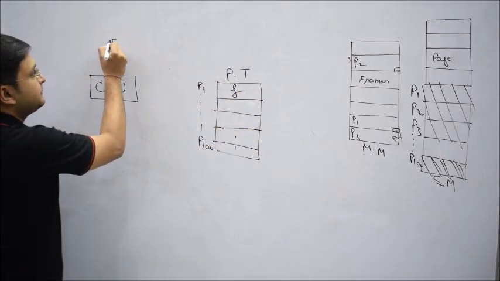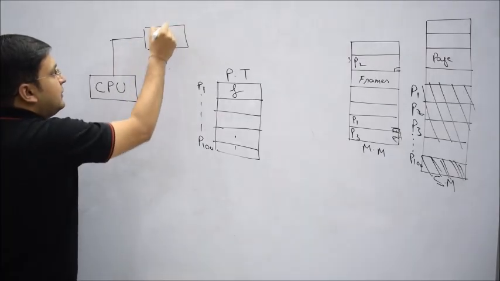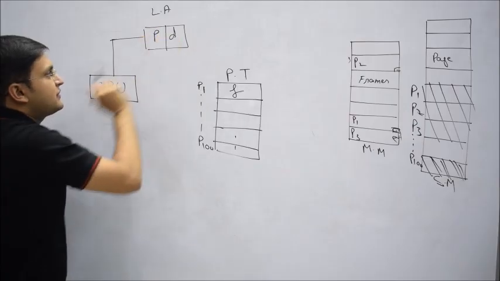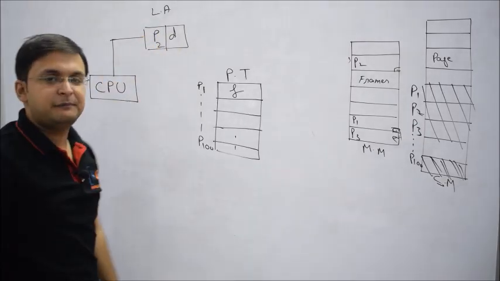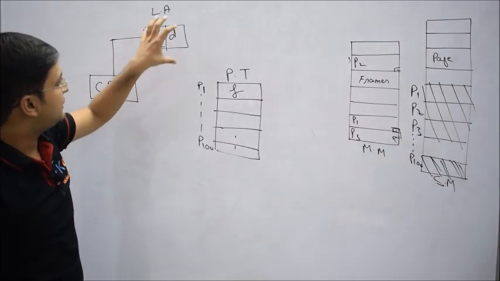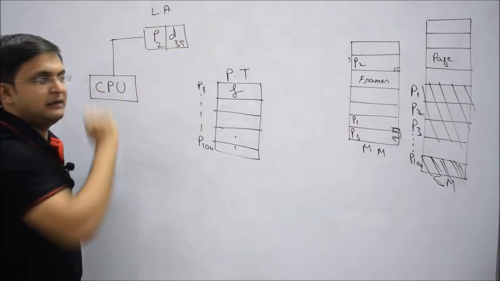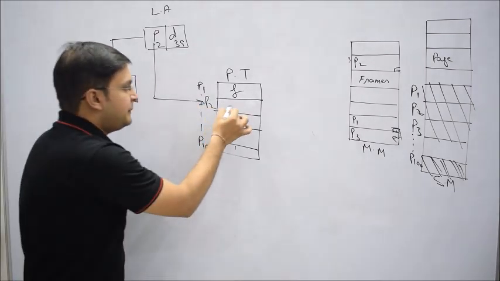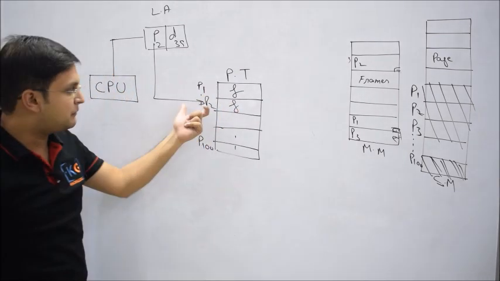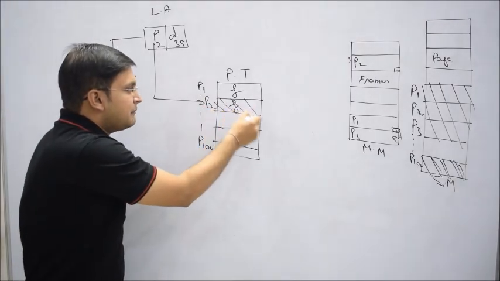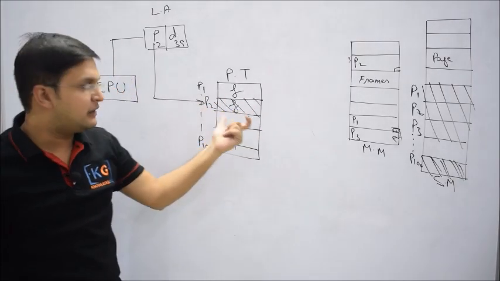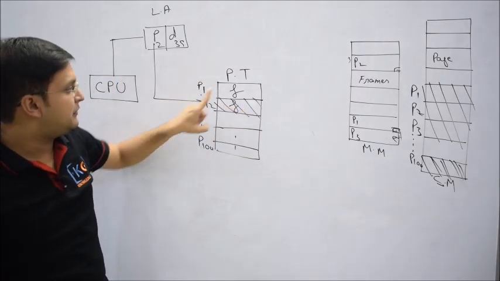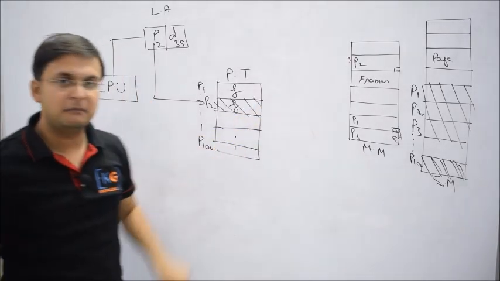Now you understand this thing. I'll generate again a logical address, and it contains two parts, page number and instruction offset. Let me say I want to access page number 2, and its specific instruction number, let me say instruction number 35. Now I'll go and access the page table. Why do I do so? The page table's second index, page number 2, will tell me where my particular page number 2 is stored. Now you understand what this is? This is not the frame, but this is the base address of the frame. It will tell me where that page number 2 is stored, where? In main memory.